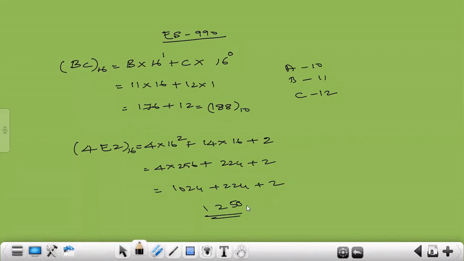You understood, right? These are the 4 number systems that I have. Sir, finally we should put bracket 10, is it, for the decimal? Yes, I have to put it as the base.